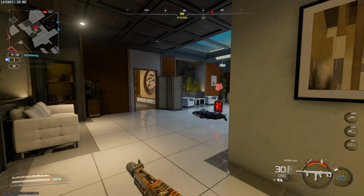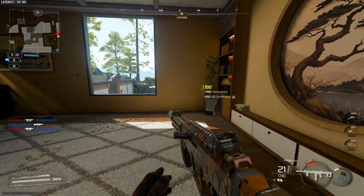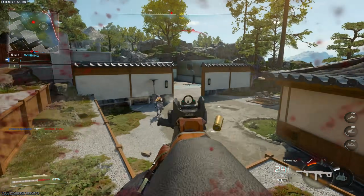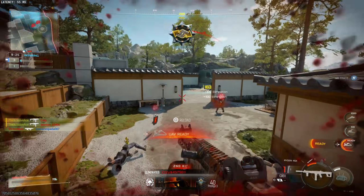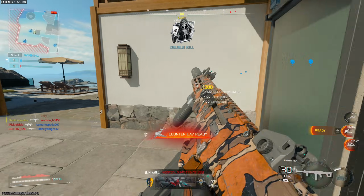What's up guys, my name is Ace, and today we're going to be taking a deep look at the Lightweight perk in Black Ops 7, because it may not be doing exactly what you think it's doing, based on the description for it. And then of course I do want to see what it is actually doing and how much it helps to see if it's a worthwhile perk, especially with it being a tier 1 perk, which is a